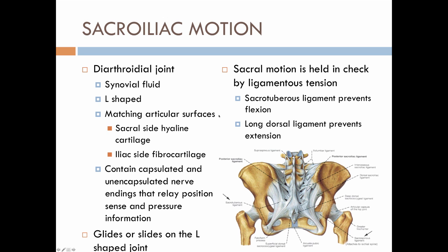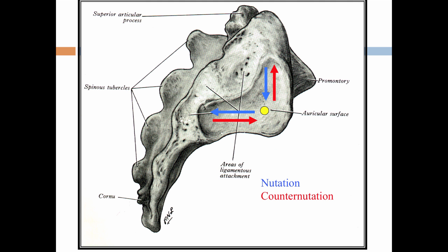And as we mentioned before, sacrotuberous and to some extent the sacrospinous ligaments will help prevent sacral flexion, and the long dorsal ligament, seen here, will help prevent excessive extension of the sacrum. And this is just a nice illustration of a side view of the sacral part of the SI joint, and you can see the roughly L-shaped morphology of the joint. And so as there is inferior motion here, there's posterior motion here during nutation or flexion. During counternutation or extension, this posterior part of the sacrum is going to move anterior, and this will move superior